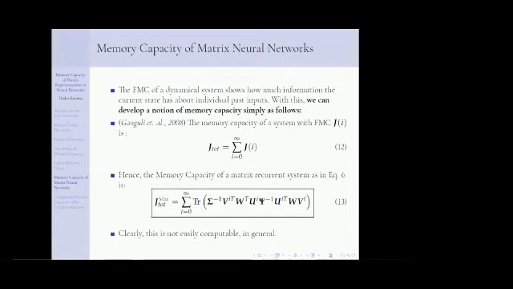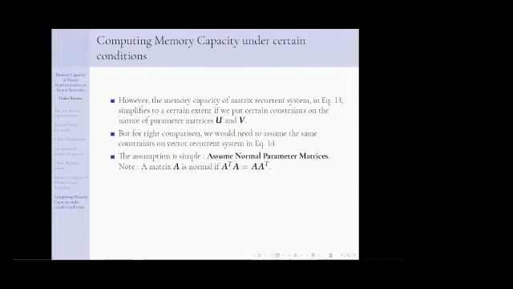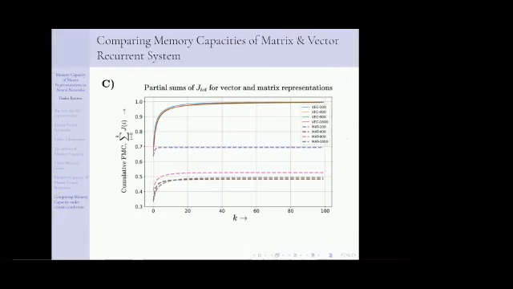We will calculate this scalar, J dot mat, which is just the integral, or sum as a discrete integral, of the Fisher memory curve of a matrix dynamical system, and equation 15 is just the integral of the Fisher memory curve of a dynamical system in equation 14. And calculating those curves, we get this.